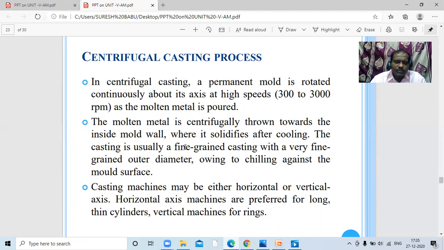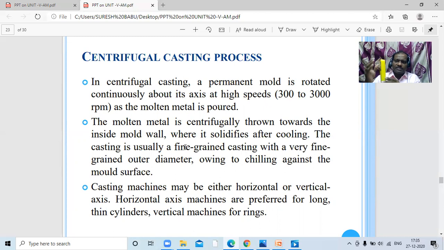The casting is usually a fine grained casting with a very fine grained outer diameter owing to chilling against the mold surface. What it defines is, for example, if this is the mold, it is going to make rotations.